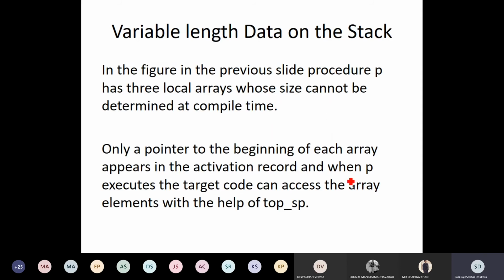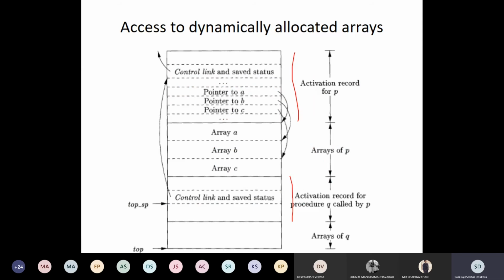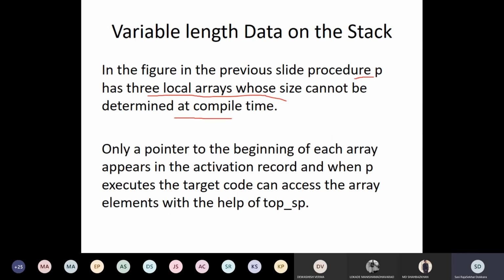Now in the previous figure, we have a procedure P, and this procedure P has three local arrays whose size is not determined at compile time. Here, if you see, we have array A, array B, and array C. These are three, and the size of them is not decided at compile time. Therefore, in the activation record, only a pointer to the beginning of each array appears.